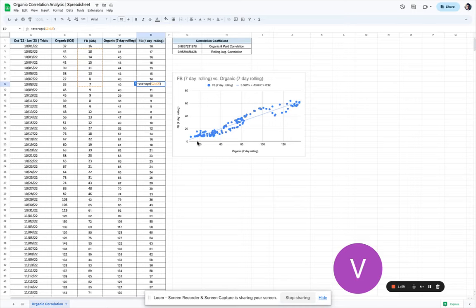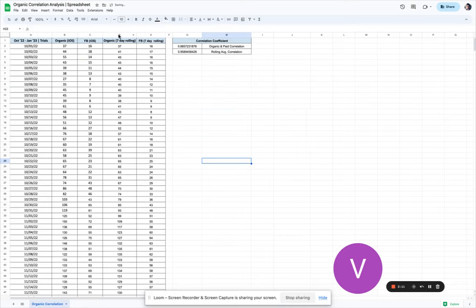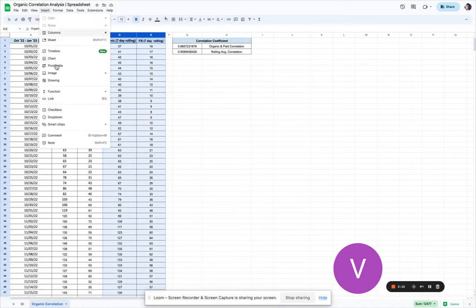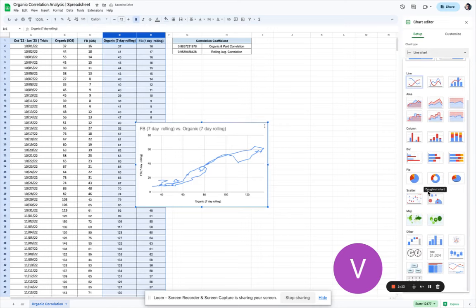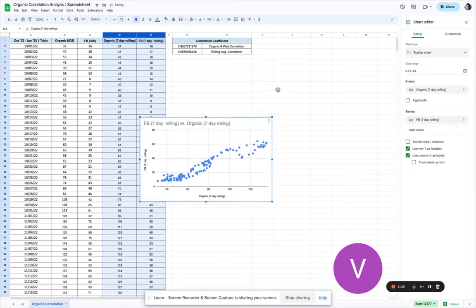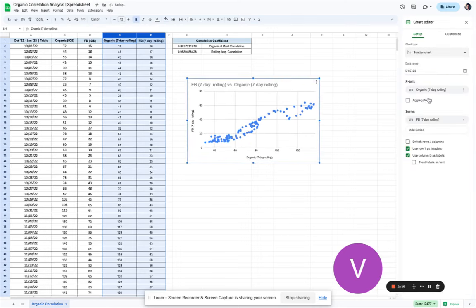So now we will plot these two variables against each other to create our scatter plot, as you can see over here. We can quickly see how we can do this again by selecting these columns, going to Insert, and clicking on Chart. Over here we'll select Scatter Plot because that's what we are doing. And primarily what it has done is it has taken the x-axis as our organic data and the y-axis as our Facebook